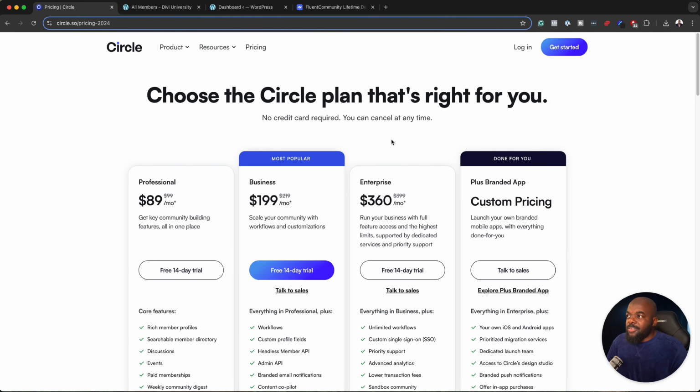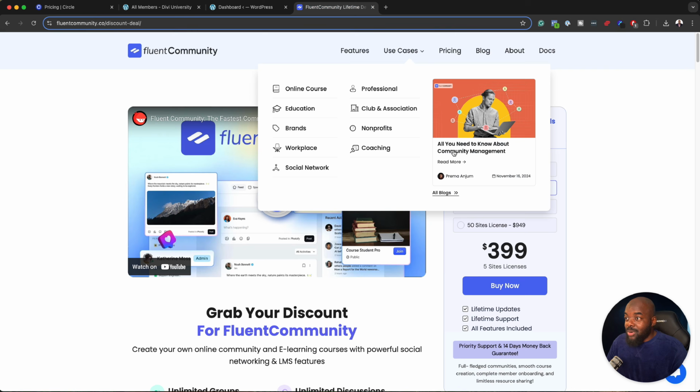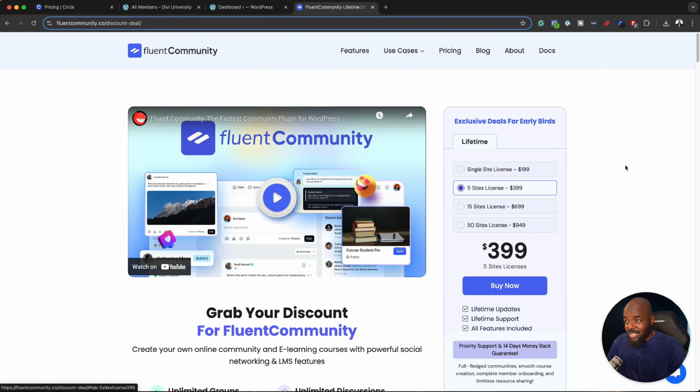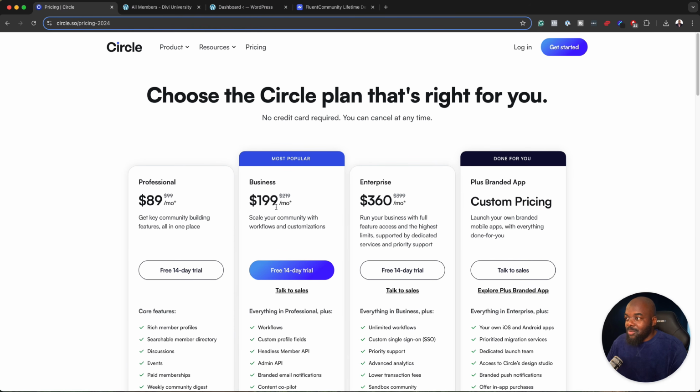I know at first glance, when you take a look at the pricing over here, you'll be like, oh my goodness, $399, that's a lot of money. Why would I spend $399 for that? Now, let me tell you something. If you were going to create a few websites with this complexity and functionality for a business, you could easily charge $2,000, $3,000, $4,000, because of this functionality, and as you can see here, it's $199 per month.